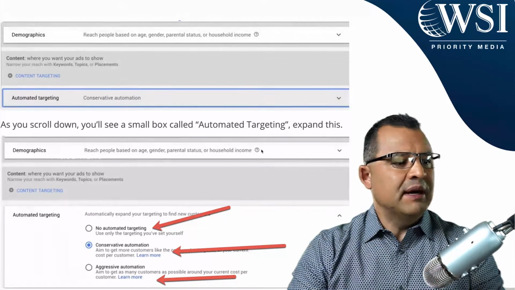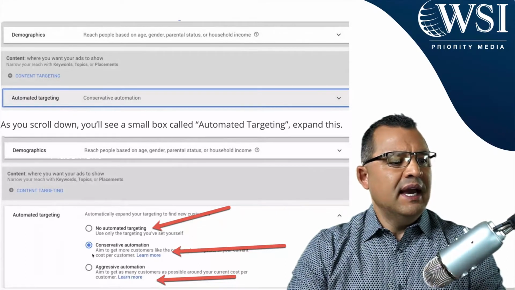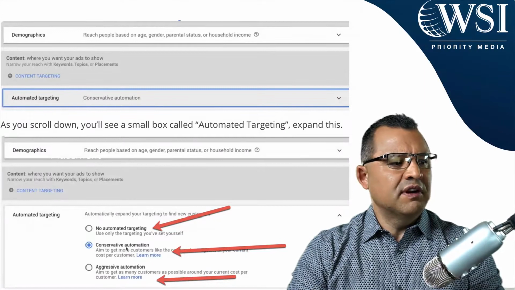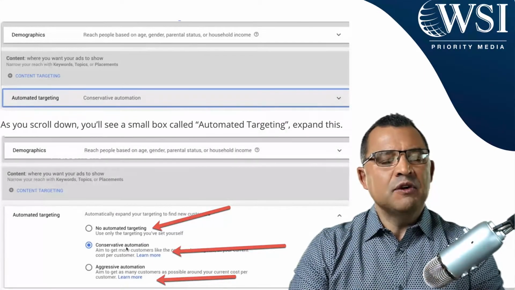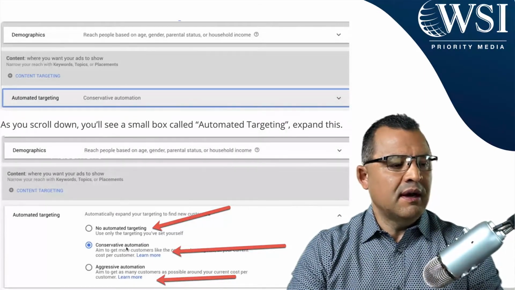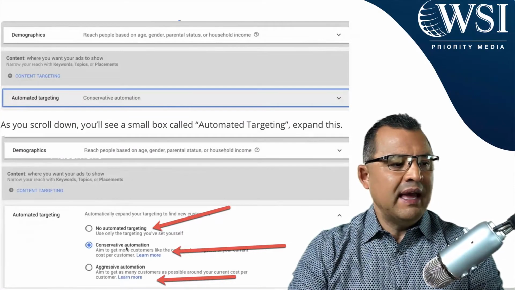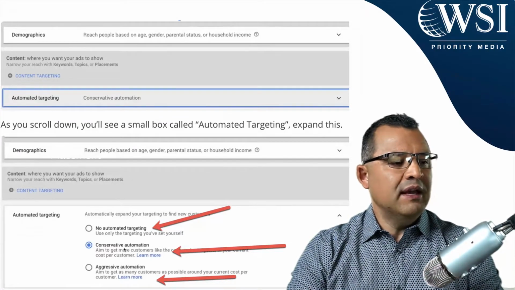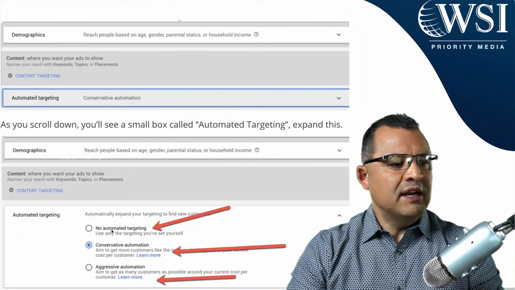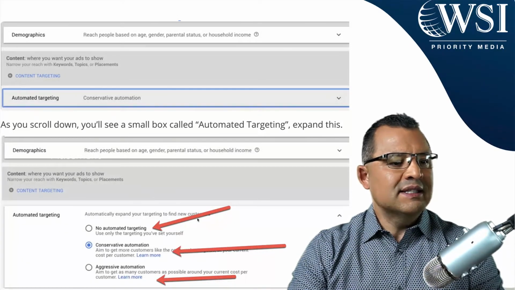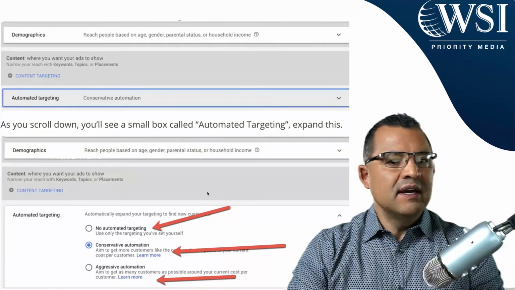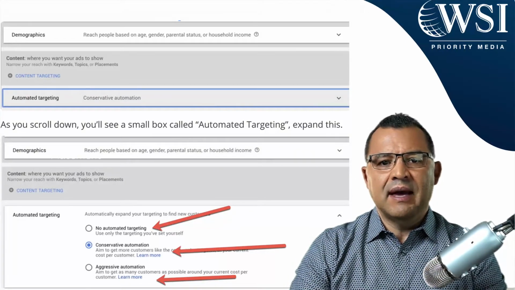And so on this drop down, it's going to give you the options. Your default is going to be your conservative automation, which is okay if you want to use the machine learning to help you expand. But what you can do in your targeting, if you're going to go manual, then you want to go ahead and switch it here to no automated targeting. And it's simple as that. Then you go ahead and you save it, and then you should be all set to go in your campaign.